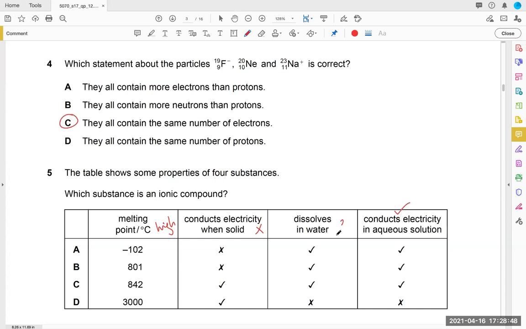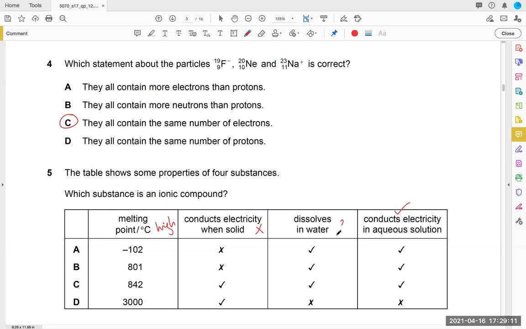So in this one, we can see that the only option that fulfills the other three requirements is B, right? So that's the one that we're going to go with. I personally think it's talking about sodium chloride because that melts at 801. But the rest of it, even if I do not know about the solubility, I can use the other three to figure that one out. Okay?